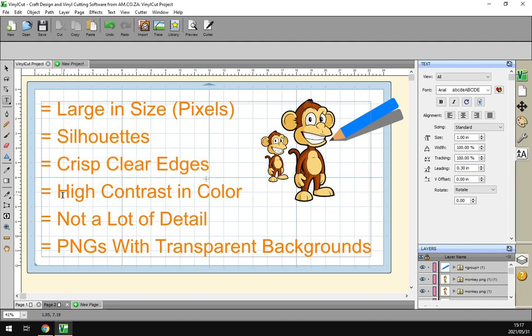Then high contrast in color, so basically the contrast between shapes. The more contrast there is between light and darkness, or highlights and not so highlights, basically like black and white, those type of values, then the better it will also trace. Then also the less detail it's got, the better it will do at tracing. So if you have something with a lot of fancy twirls and textures and stuff like that, the program will